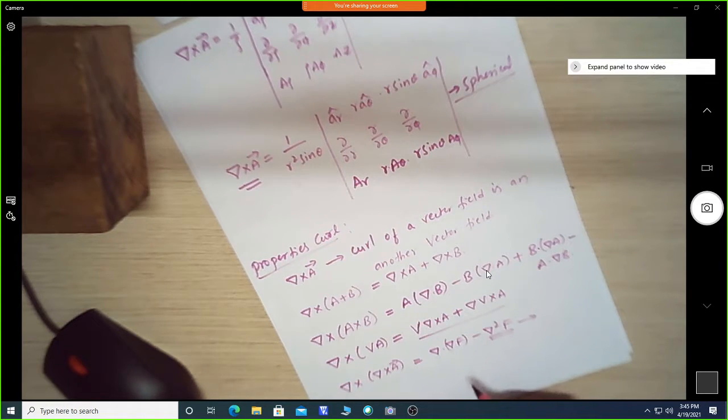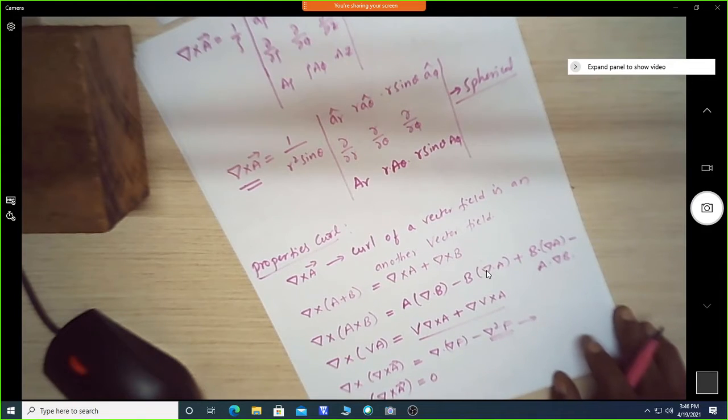And if I take the divergence of the curl of vector field A, this becomes 0, that is, it vanishes. Similarly, if I take the del cross of del V, that is of a scalar field...